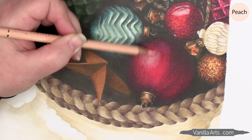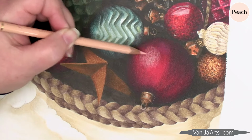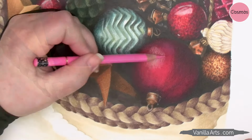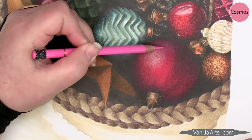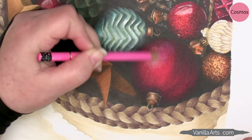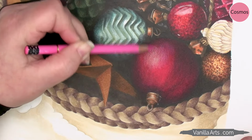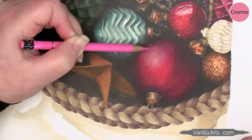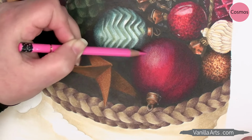And then as I'm working my way out, I'm gradually growing the shape of this highlight. This is a matte ornament, so it's not going to have sharp highlights like you would see on the red one above it. That's a sharp, shiny highlight on a shiny ornament. This one is matte. Where the peach starts to taper off, I'm using a color called Cosmos, and I'm just extending it a little bit further,